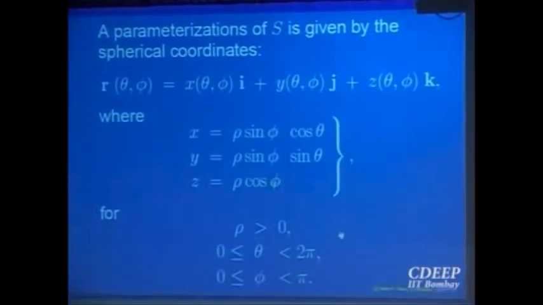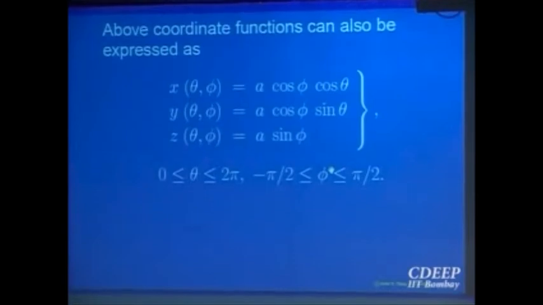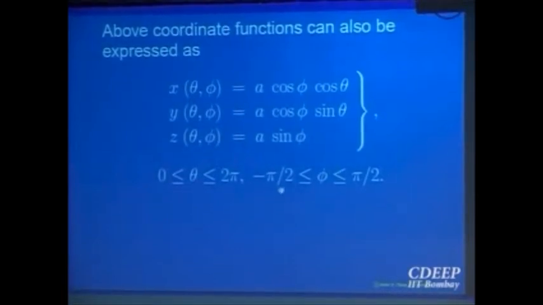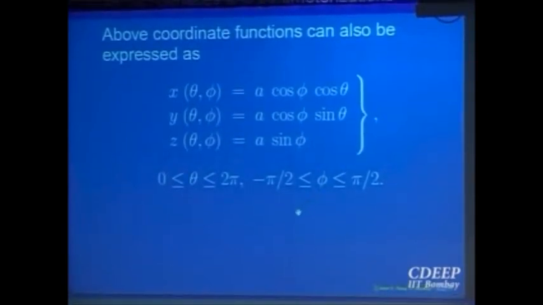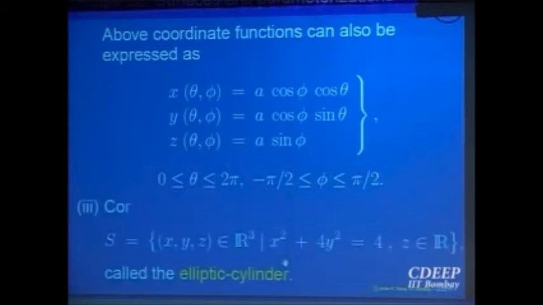So cos phi is the angle, theta and phi. Sometimes some people prefer to write that angle either from the z-axis from 0 to pi, or they write from the x-axis, minus pi by 2 to plus pi by 2. Depending on which way you measure, correspondingly those functions in terms of phi will change, right? You can change phi to phi minus pi by 2. Then instead of 0 to pi, it will be minus pi by 2 to pi by 2. So depending on your choice, you can have it.